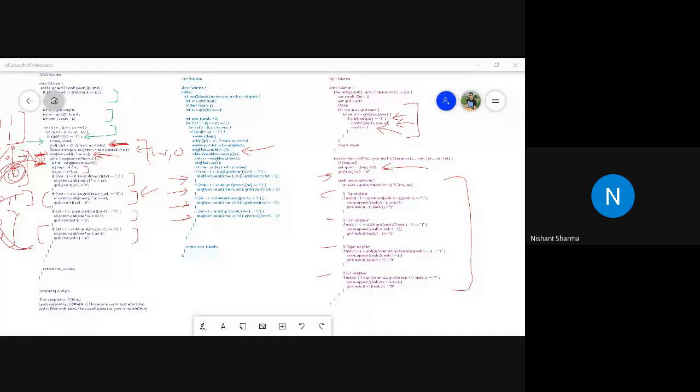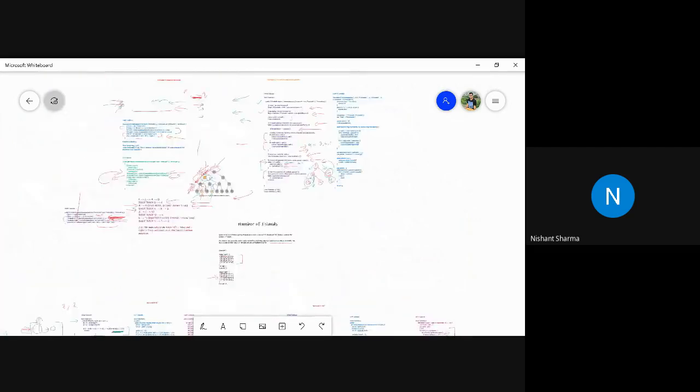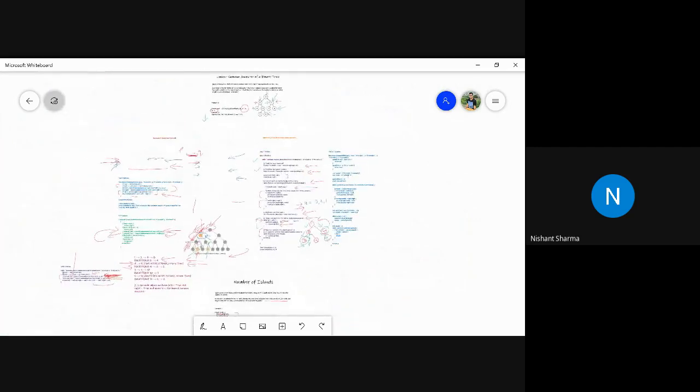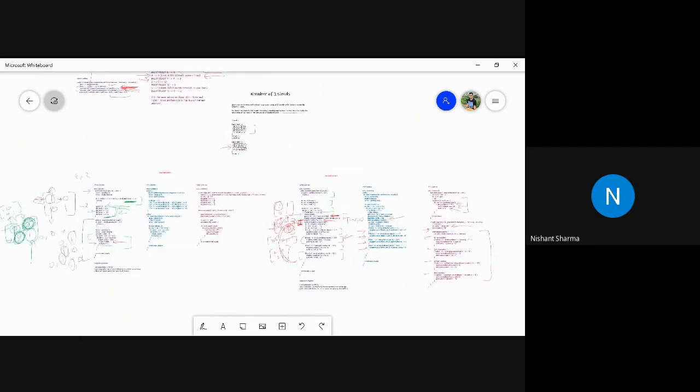Okay, if there is no doubt, I think we have covered both the problems. Just to recall everything again, in the first problem, lowest common ancestor, we took two approaches. One is recursive, another one is iterative using parent pointer. Then in the number of islands, we took two approaches. One is a DFS based approach, another is a BFS based approach.